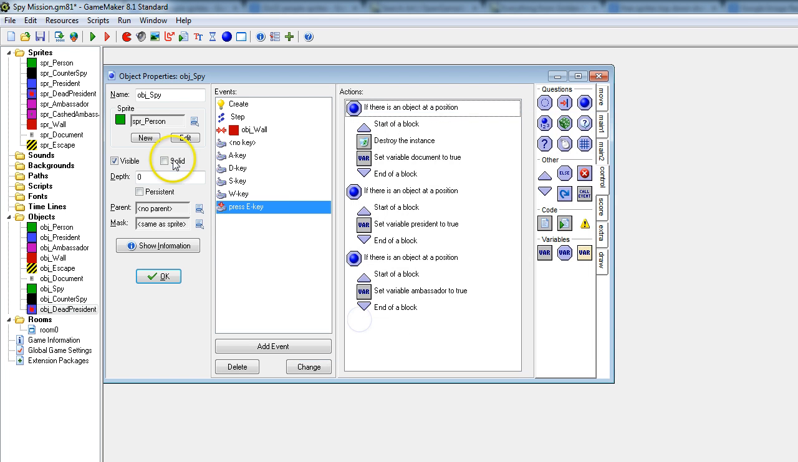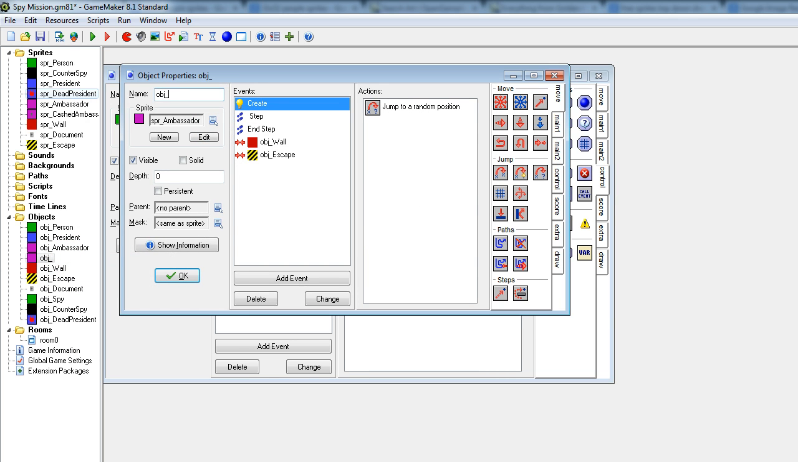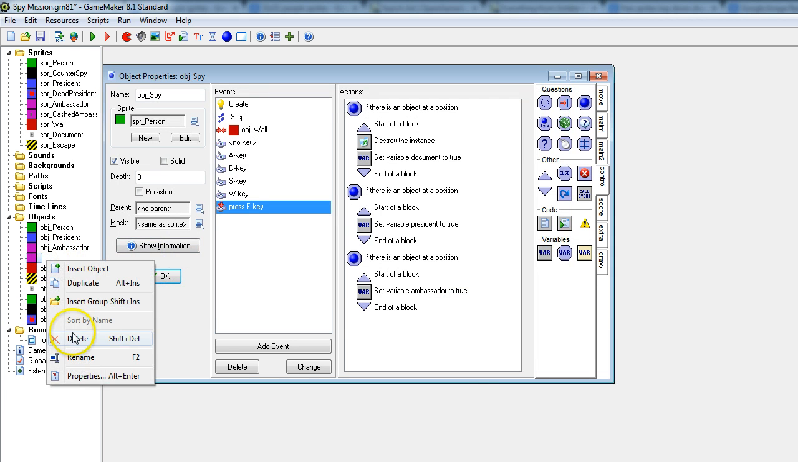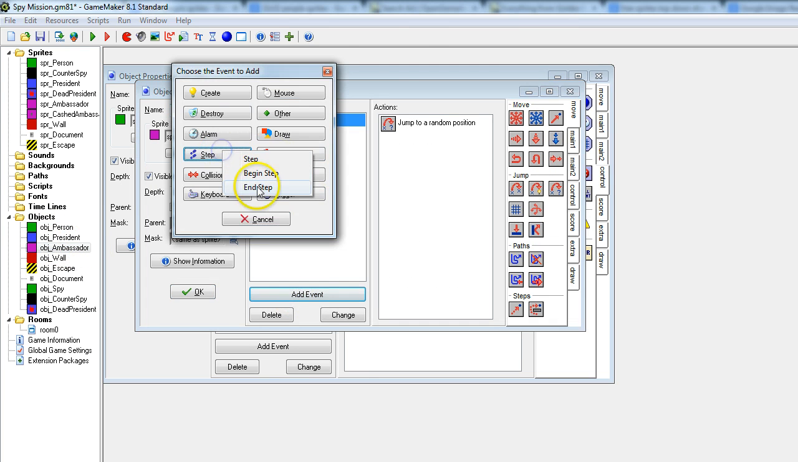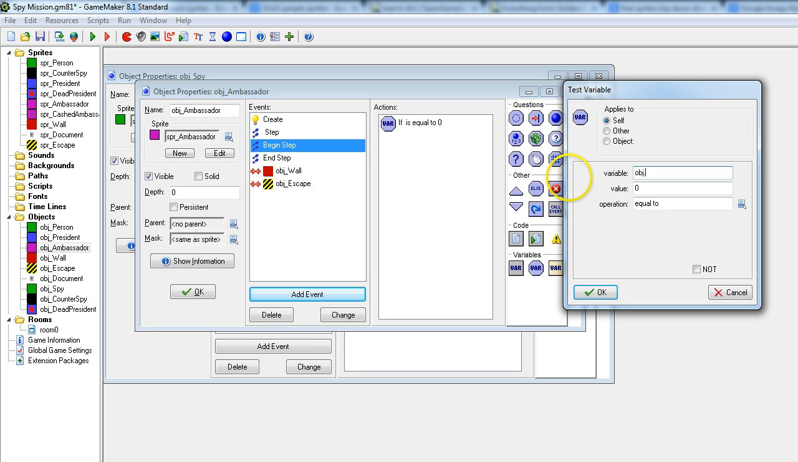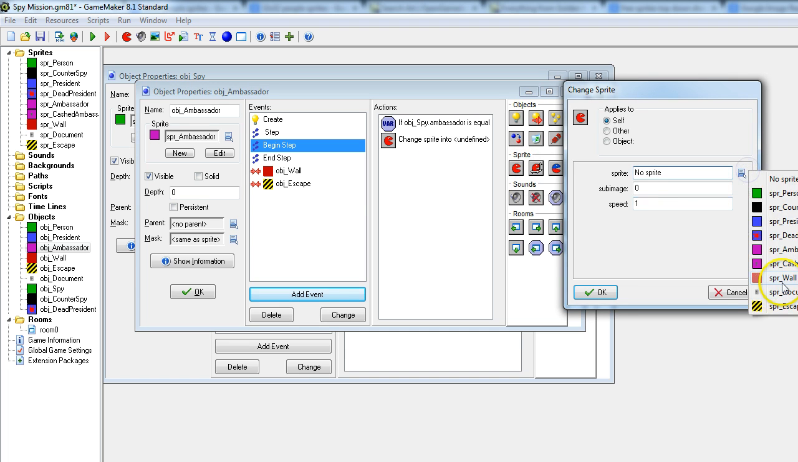Click OK. Now the ambassador, however, is still going to walk around. There's not really any point him not walking around, so the duplicate ambassador object, we don't even need to do that. I can delete that object there, my mistake. The ambassador is going to check, so he's going to have another step begin, add event, step begin step event, and in here we're going to check to see if object._SPY.ambassador is equal to true, and if it is equal to true, we're just going to change the sprite of this player to something else. So change sprite to cached ambassador